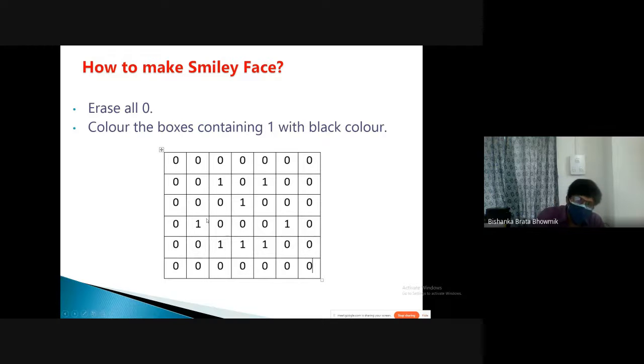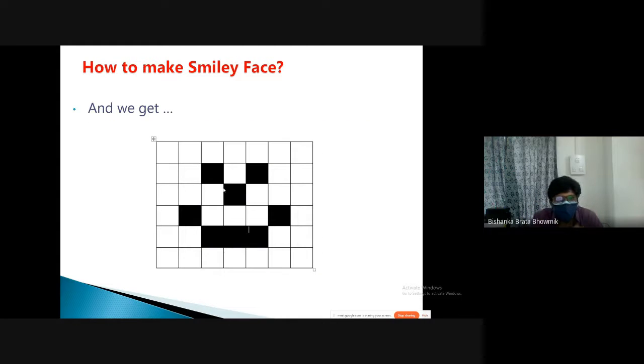Like this kind of structure you can provide, and when they see in some portion there is 1, they will darken that block, and when there is 0, they will not touch it, they will keep it completely white. So they will find that after doing this, it is a smiley face.